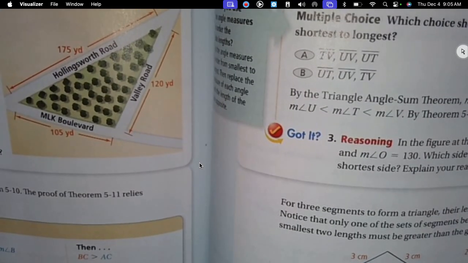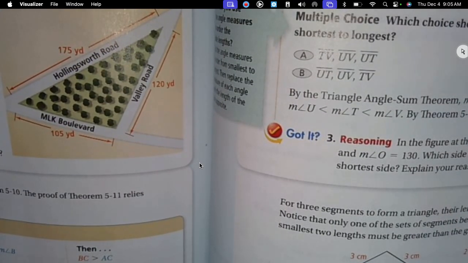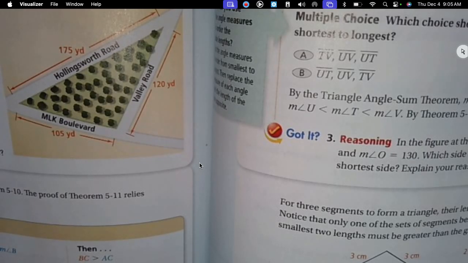So, let's look at this right here. All right, they give us this little picture and it says you have a town park and it's shaped like a triangle, and there's a landscaper that wants to place a bench at the corner with the largest angle. Okay, what two streets meet up at what angle? What's the largest angle is what I'm looking for. Well, what's the largest side, everybody? What is it? Yeah, Hollingsworth Road. This right here,